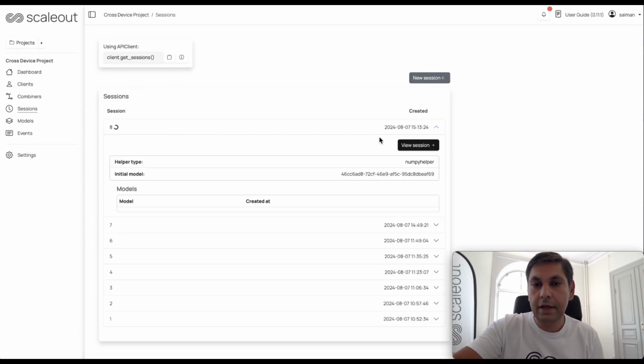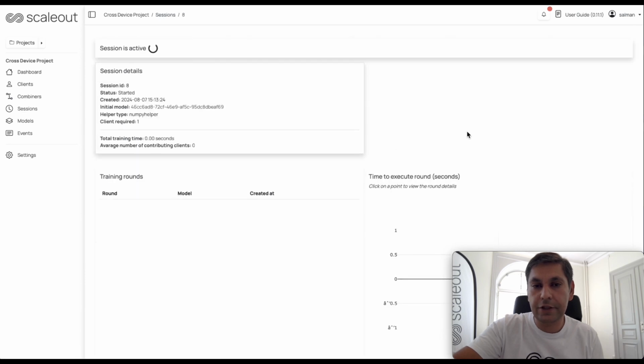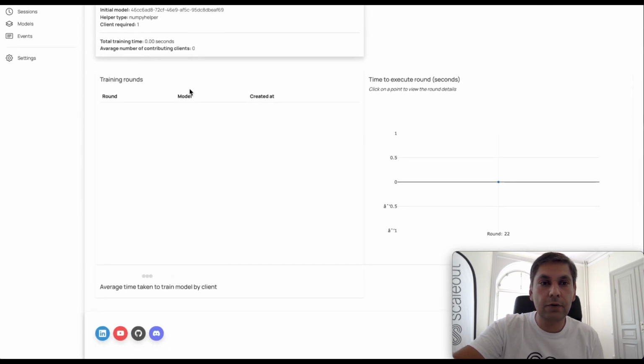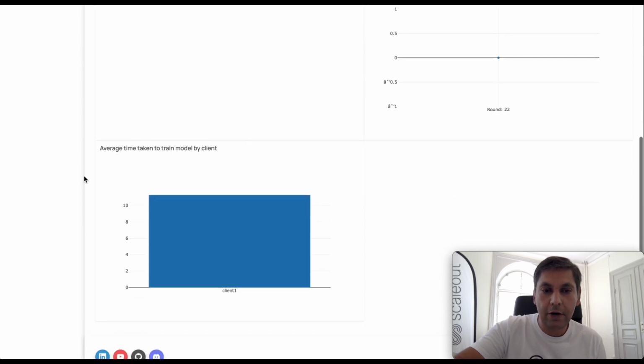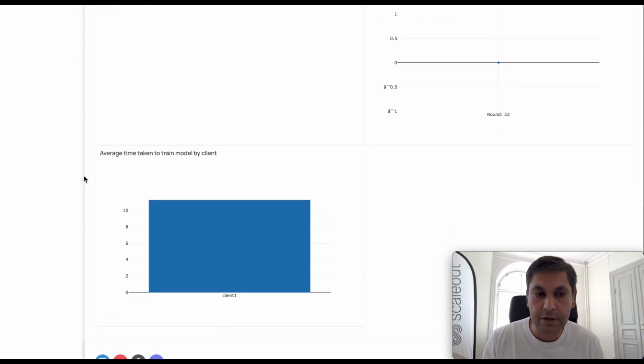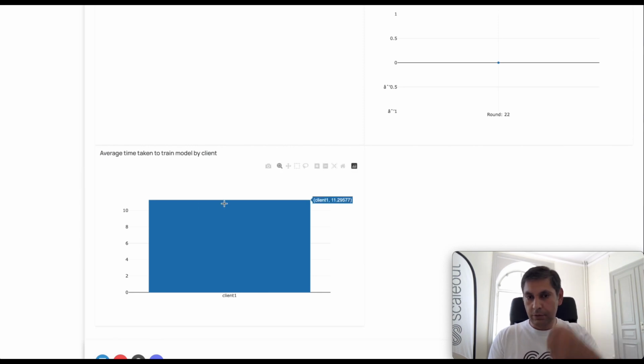Let's go and see what is happening in this session. So right now you can see that no clients have contributed yet, and there is no information about the training. So let's wait for a few seconds and see how things look. And now we can see that client number 1 has responded, and client number 1 prepared its local model within around 11 seconds. And we will wait for a few more seconds to see if the other clients start to